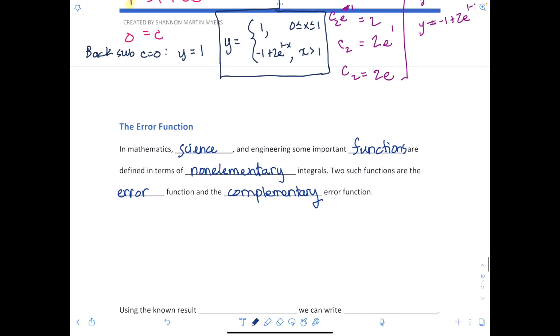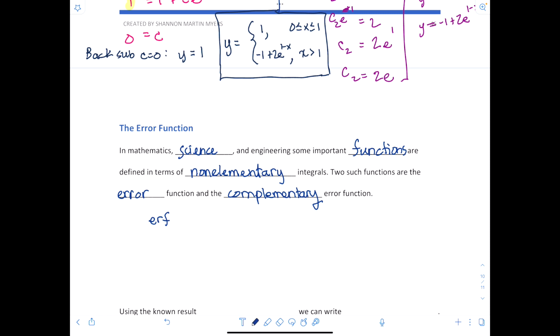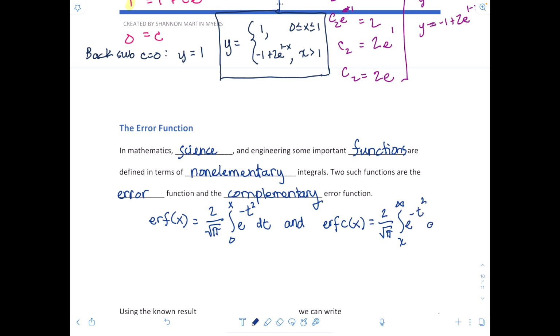So the error function is denoted erf of x, and it happens to equal, I'm not going to go into why, 2 over the square root of pi times the definite integral from 0 to x of e to the negative t squared with respect to t, and the complementary error function is denoted erfc of x, and it's going to equal 2 over square root of pi times the integral from x to infinity, so it's an improper integral, of e to the negative t squared dt. Cool? Now, if you divide